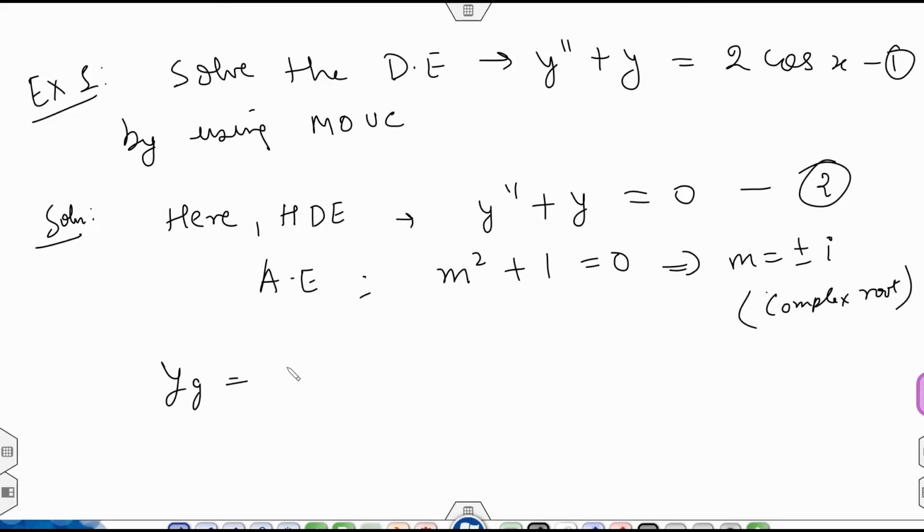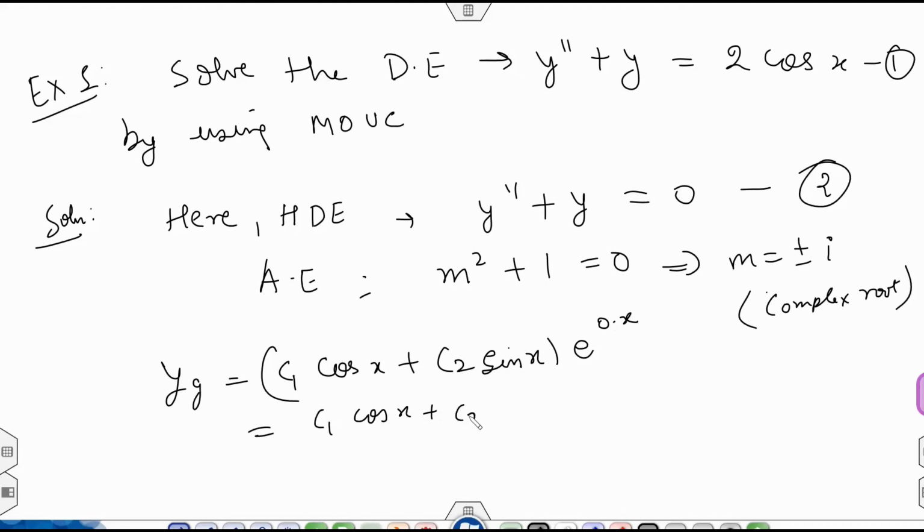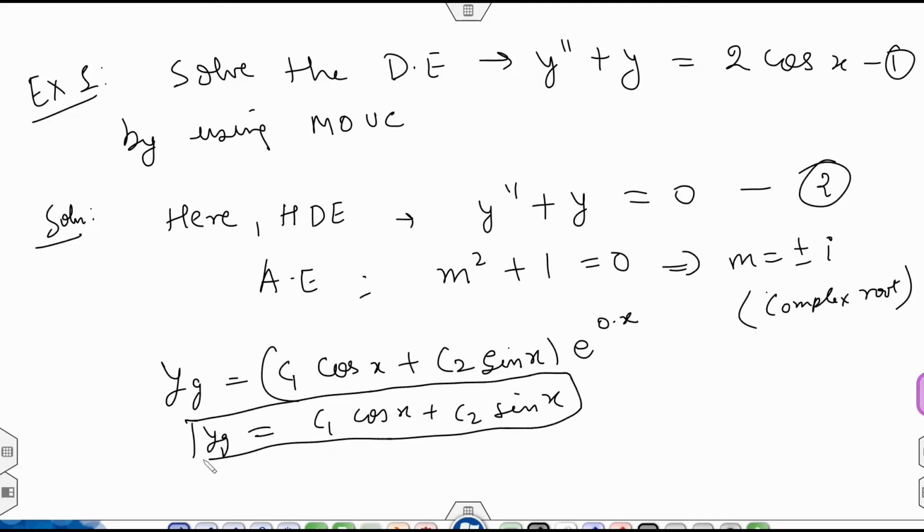You know that this will be c1 cos x plus c2 sin x. Obviously there is no real part, so I will have e to the power 0x. Okay, so your yg will be equal to c1 cos x plus c2 sin x. Now just see, this is your step 1, and step 2 is that by looking at this Rx,